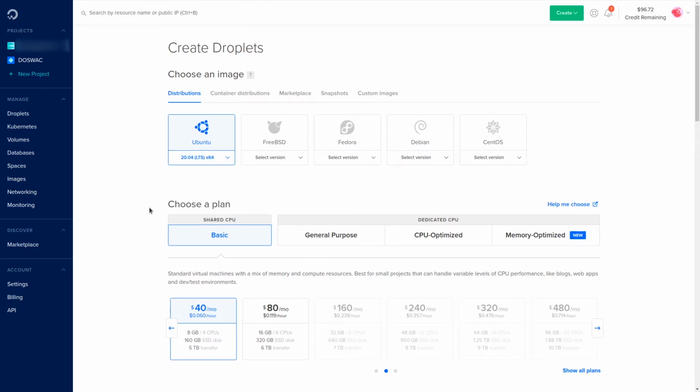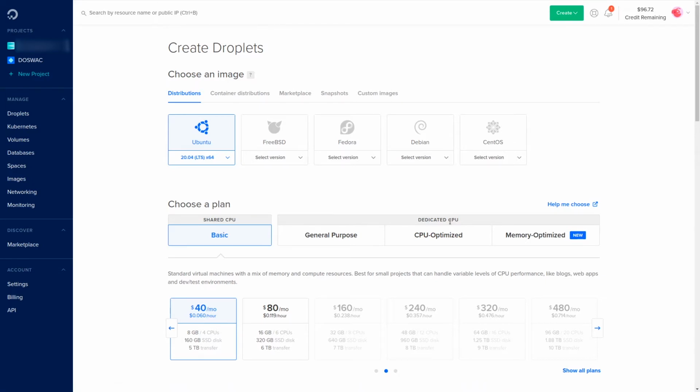Next, in the Choose a Plan section, you can select server size as per your requirements. Here we have two options, shared CPU and dedicated CPU. Shared CPU has some basic plans, which is best for small projects that can handle variable levels of CPU performance, like blogs, web apps, and development or test environments.